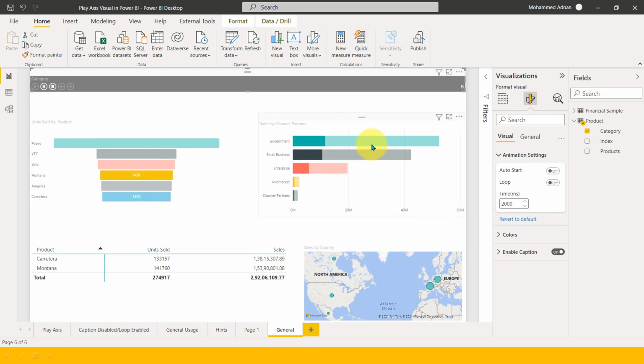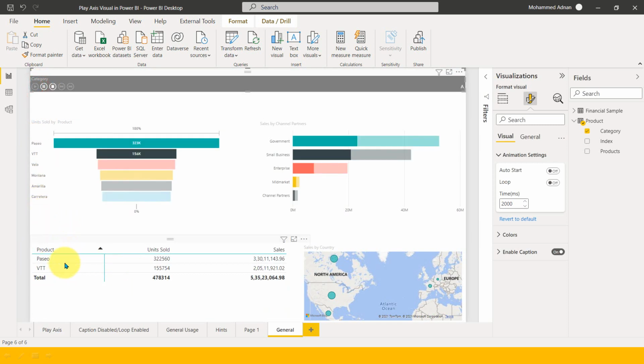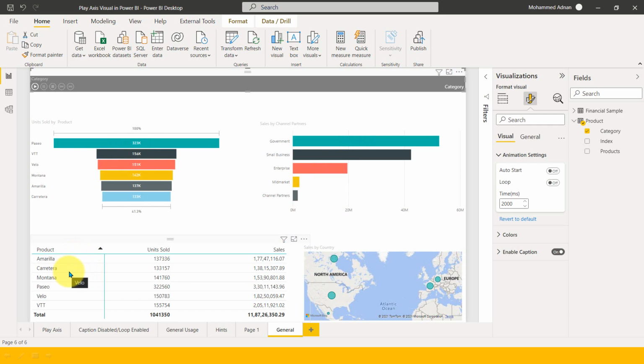it is highlighting the data, right? Even if you look here at the bottom, you can see, let me play again. It is showing the first two here, then the next two, and then the next two. So it is loading all the data one by one automatically. We can set up a time here, either 2 seconds, 5 seconds or 10 seconds.